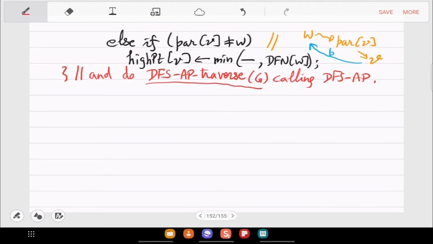Okay, so DFS AP on a vertex is already present here now in all the details.